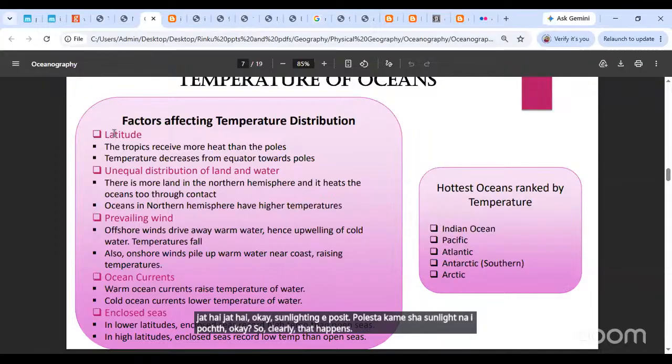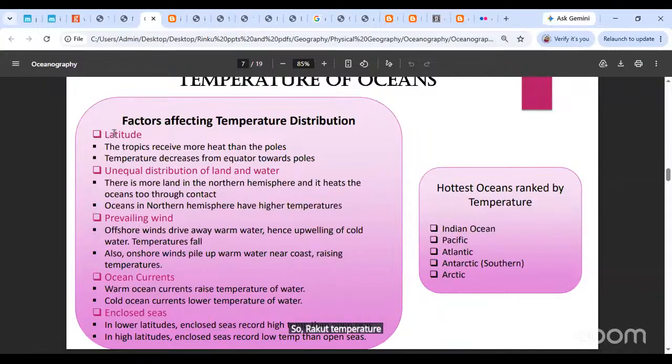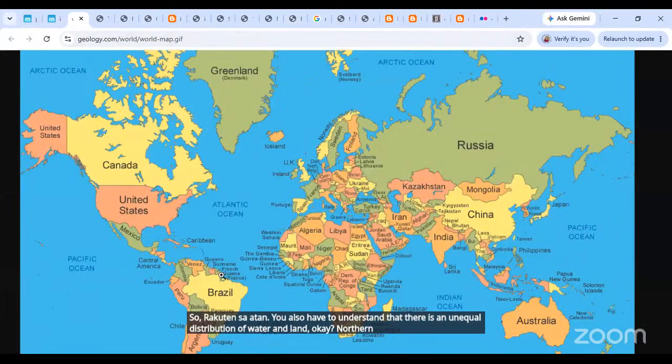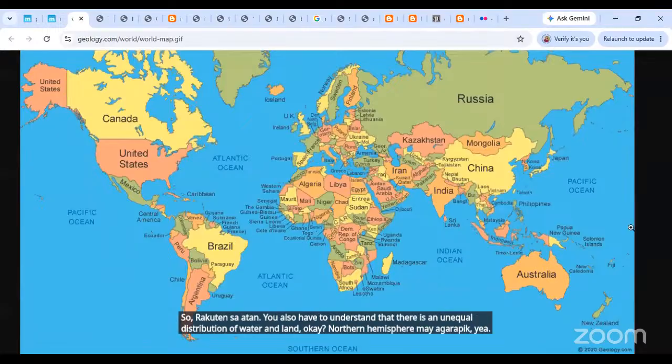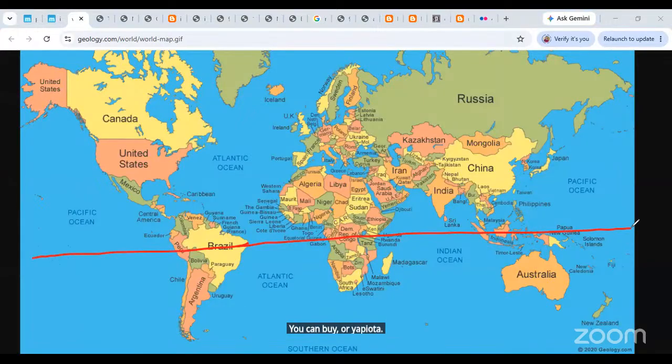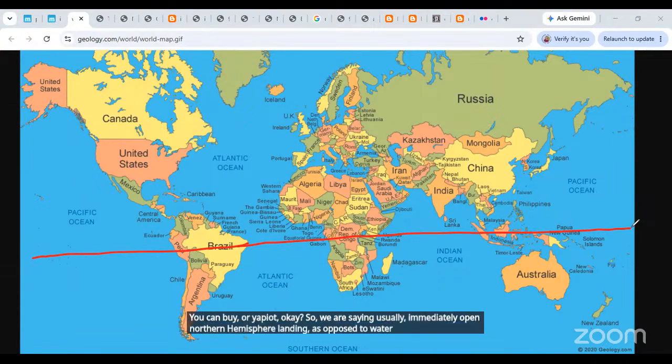सो लैटिट्यूड के हिसाब से टेम्परेचर बदल जाता है। You also have to understand that there is an unequal distribution of water and land. Okay, नॉर्दर्न हेमिस्फीयर में अगर आप देख लीजिए, ये ब्राजील के ऊपर का, दिस इज द इक्वेटर, ये कंधा है और यहाँ पे इक्वेटर है। अभी देखिए ऊपर नॉर्दर्न हेमिस्फीयर में कितना सारा लैंड है एज अपोज टू वाटर, और नीचे देखिए कितना कम लैंड है।